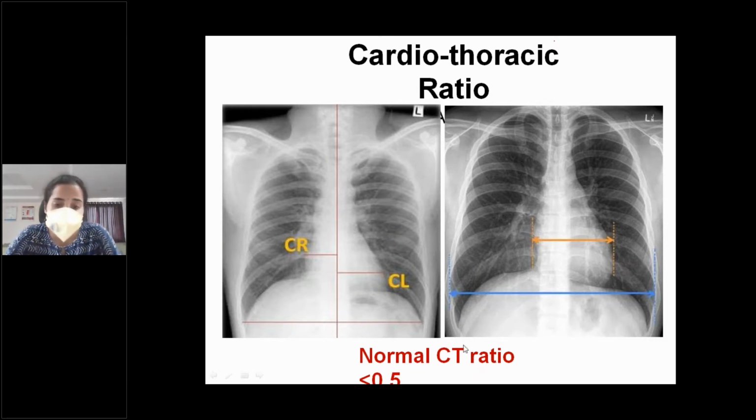So the cardiothoracic ratio is the ratio of the sum of the distance from this midline to the right heart border, where a perpendicular line is drawn, and then another perpendicular line is drawn from the midline to the left heart border, and these distances are summed up. This gives the cardiac diameter, and this is the internal thoracic diameter. The cardiac diameter divided by the internal thoracic diameter gives you the cardiothoracic ratio, and the normal cardiothoracic ratio is less than 0.5. Whenever it's greater than 0.5 in an adult, it is considered cardiomegaly,